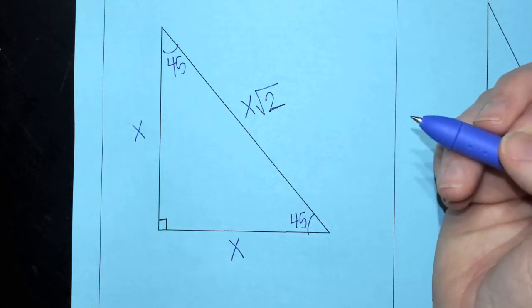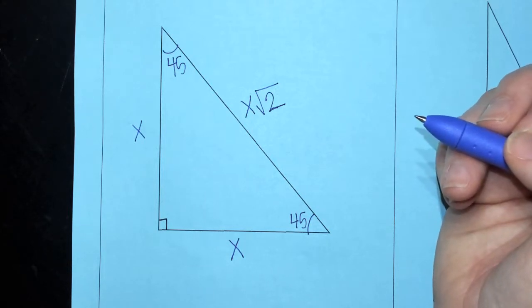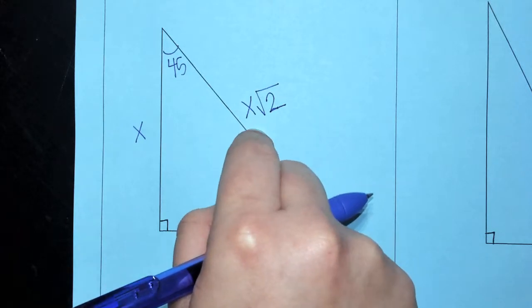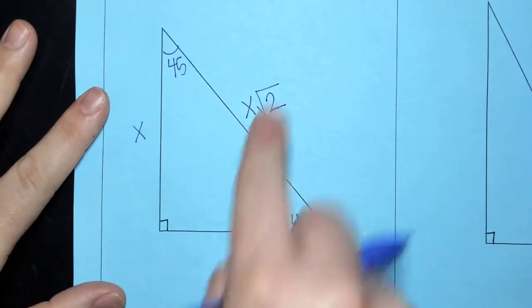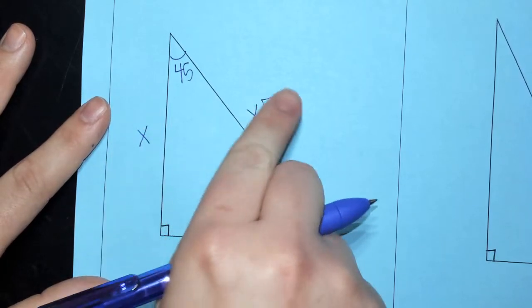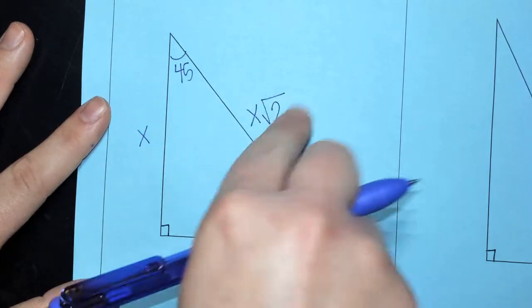Now, could you find this by using the Pythagorean theorem? Yes, but this is the shortcut. We're not using the Pythagorean theorem. You need to memorize this: 45, 45, 90, x, x, x square root of 2. Okay, so now open your notes